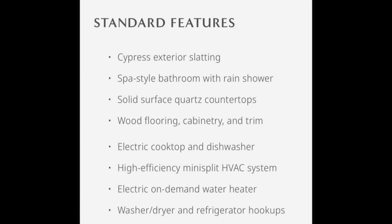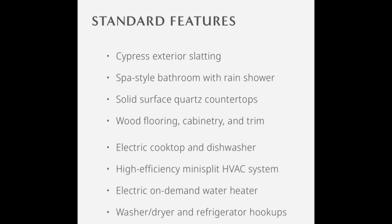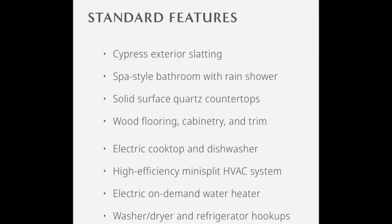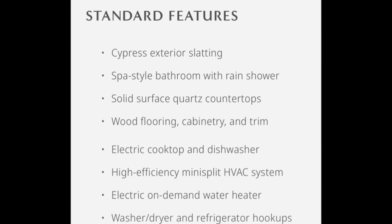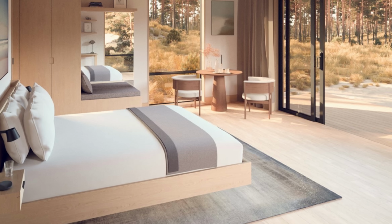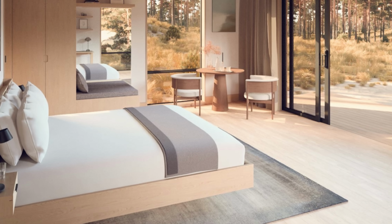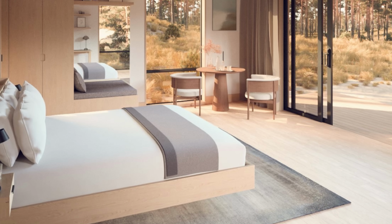Not at all. For the basics, the villa comes standard with cypress exterior cladding, spa-style bathroom with rain shower, solid surface quartz counters, wood flooring, cabinetry, and trim. It comes with an electric cooktop and dishwasher, high-efficiency mini-split, electric on-demand water heater, and it's plumbed for a washer-dryer. They've got a nice long list of standard features that I think people will be happy about, but a few